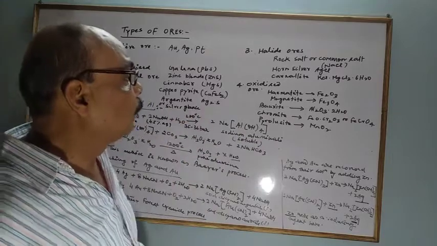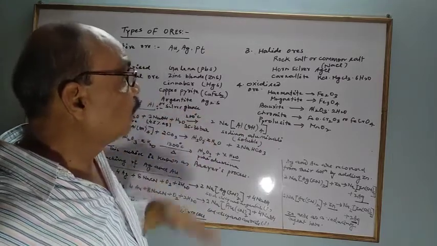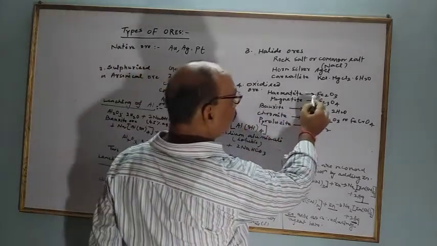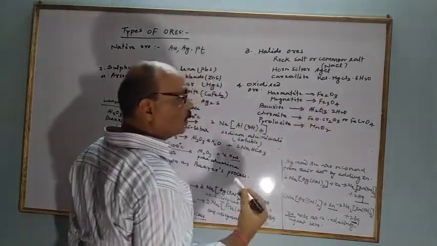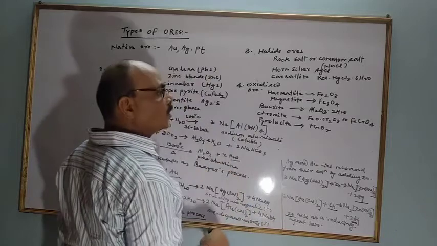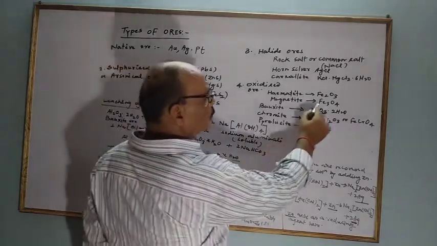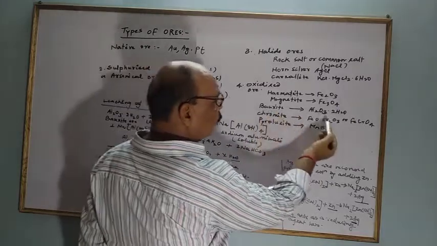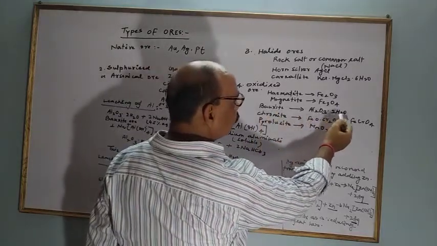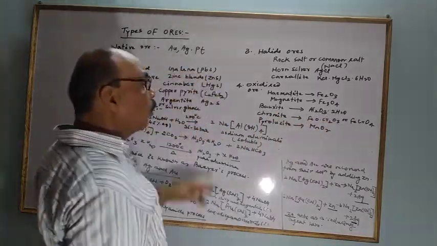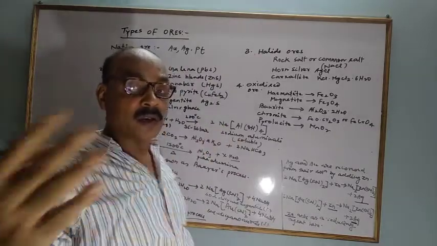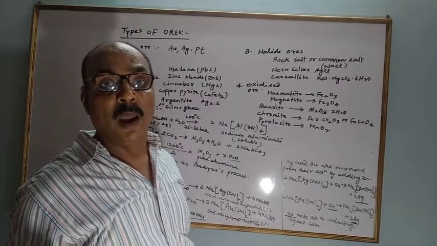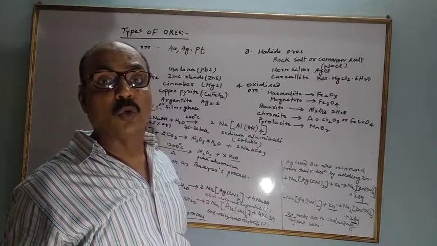But the most important ones are hematite. It is the chief ore of iron, which contains about 80% iron. Iron is also extracted from magnetite, Fe3O4. Bauxite, it is the chief ore of aluminium, Al2O3.2H2O. Chromite. In the later stage, in the transition metals, you will learn about the preparation and properties of K2Cr2O7,